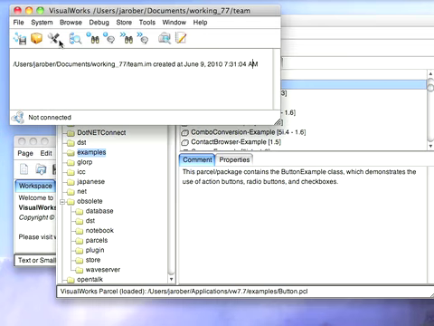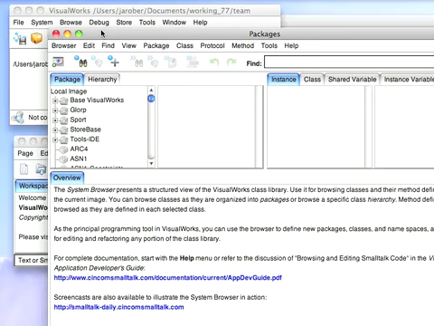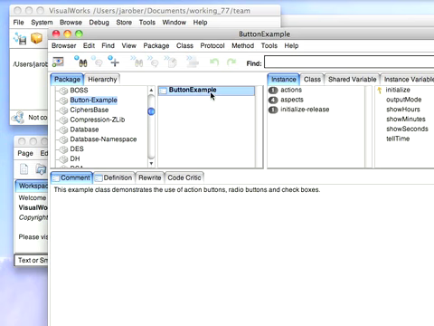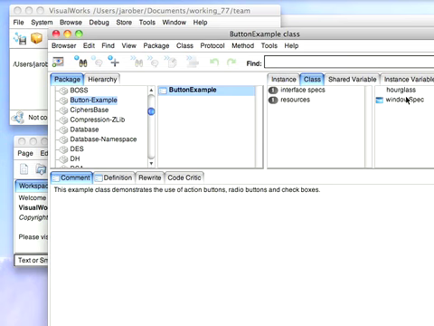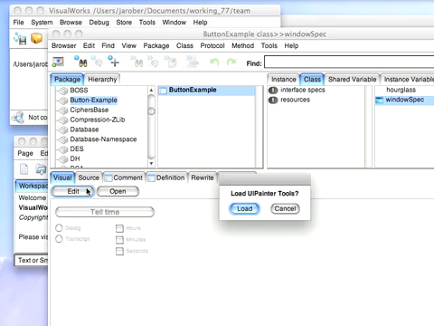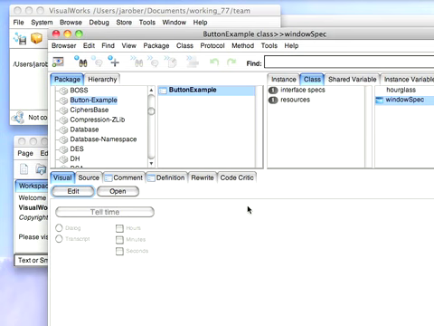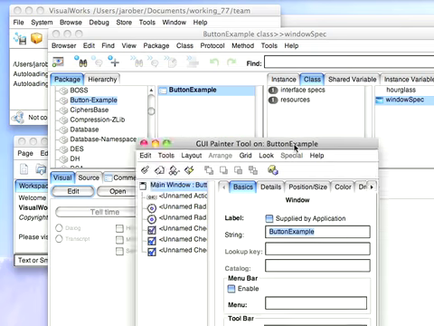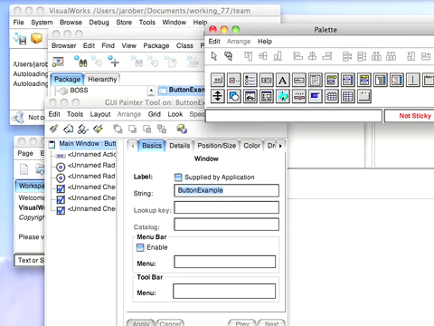Now let's go to the browser and take a look at what we got. So we'll come down here, we'll scroll down, and you find button example there, and here it is. Over here on the class side, we're going to see the window spec. I can immediately edit this, but I don't have the UI Painter loaded. Let's go ahead and load that automatically. And then it'll bring this up, and I can take a look at the little example by bringing this into